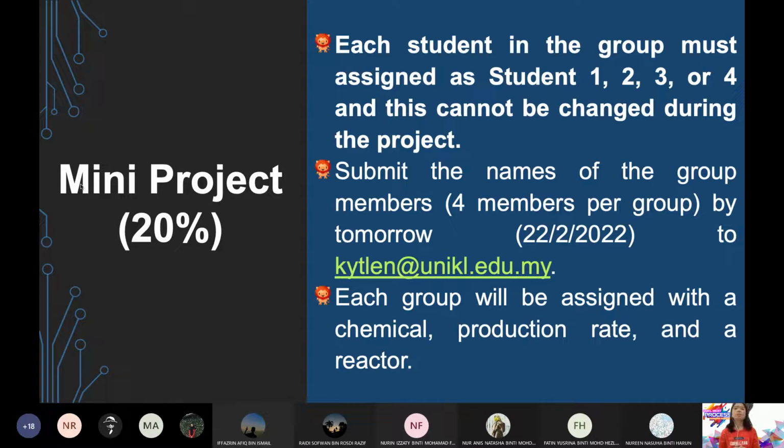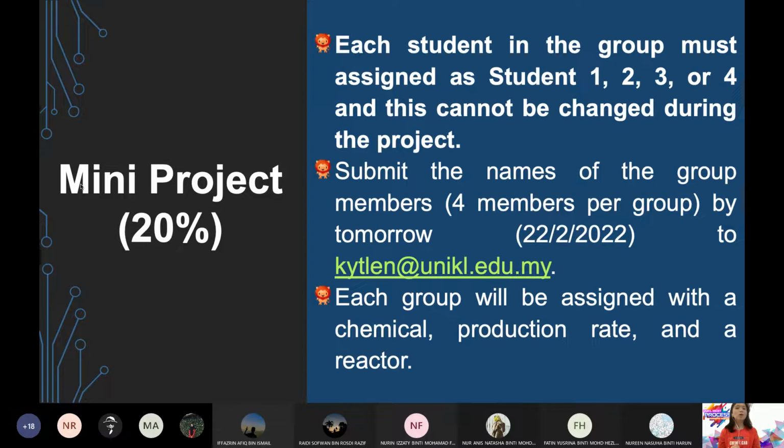Okay, alright. So if it's possible, please submit the names by tomorrow to my email. Okay, lagi sebab my mini project already start today. The moment that I announce to you, dah start dah mini project sebenarnya. So please give the name by tomorrow, your group name. Okay. Nombor 1, 2, 3, 4 tu kamu decide sendiri. Tak payah beritahu saya lagi besok. Just give me the member list. You decide yourself. You want to be student 1, student 2, student 3 or student 4. And each group tu, I will assign you. Basically, your mini project ni senang je. Design satu reactor.